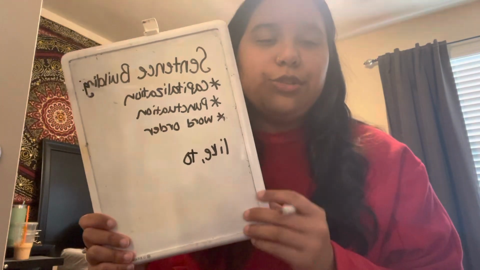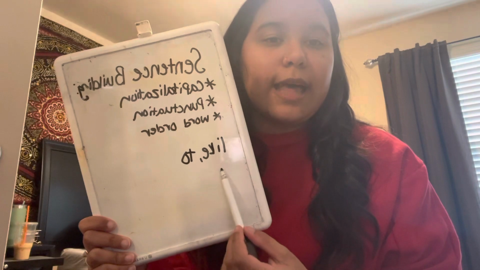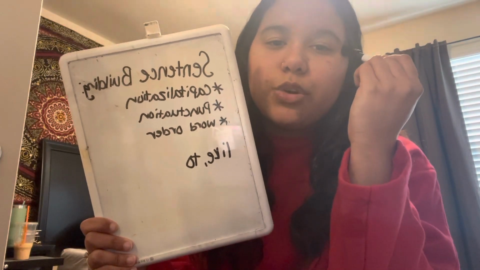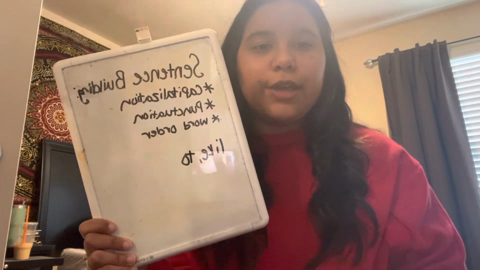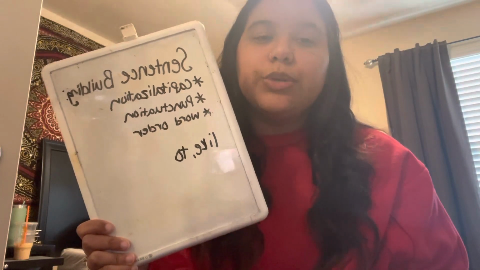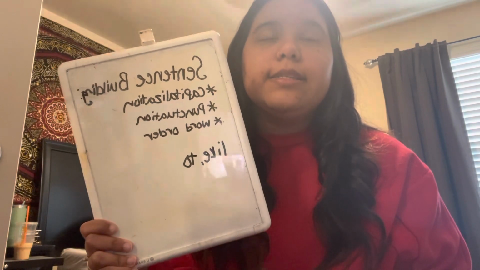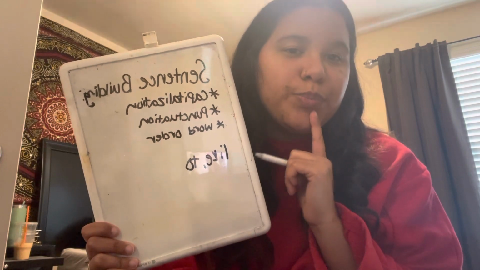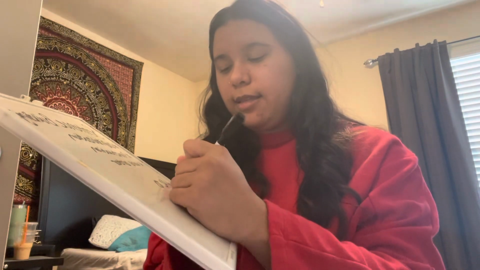So for example, if I gave you the words like and to, and I asked you to create a sentence using the words like and to. So let me see, I can brainstorm a sentence that I could create using the words like and to. So I could say, I like to, I can start with that. That's easy and simple. I like